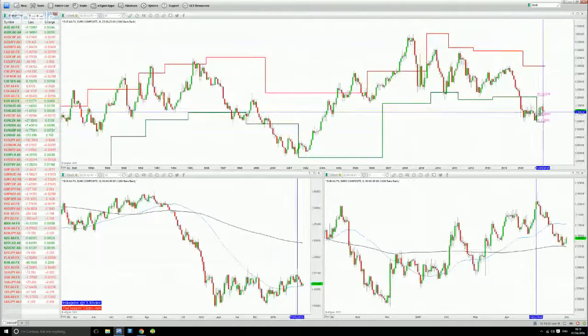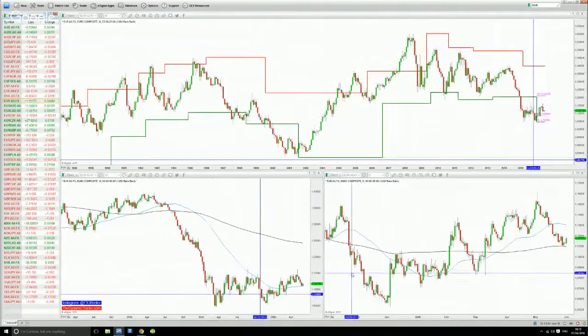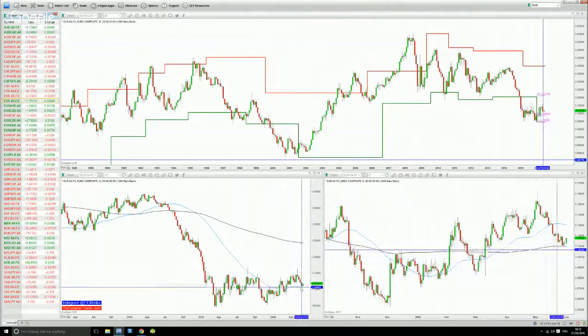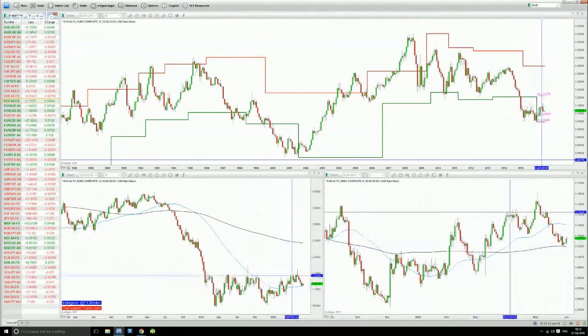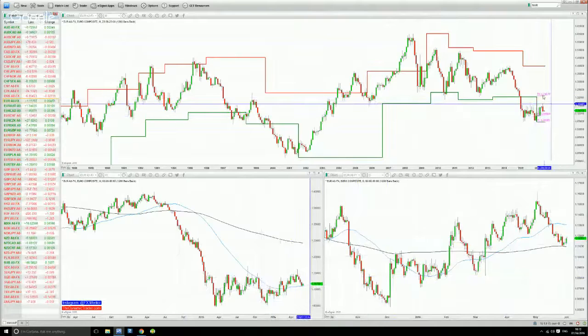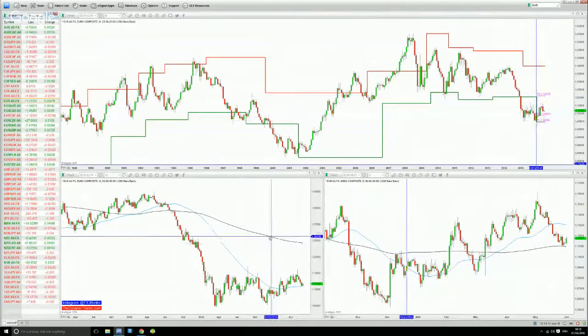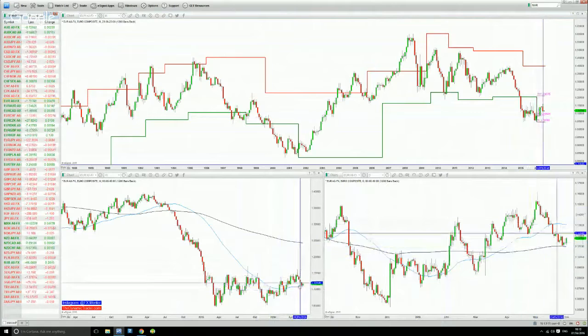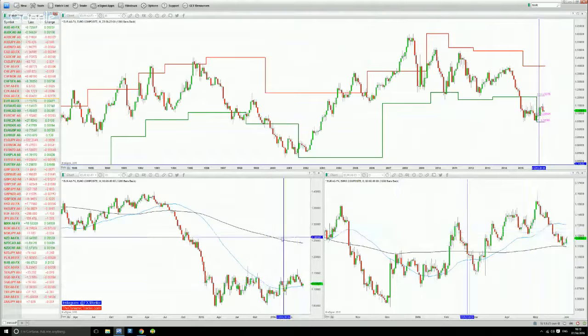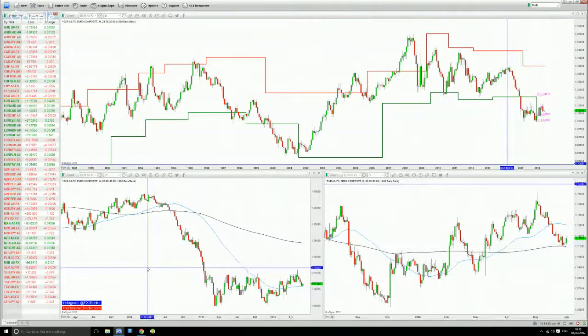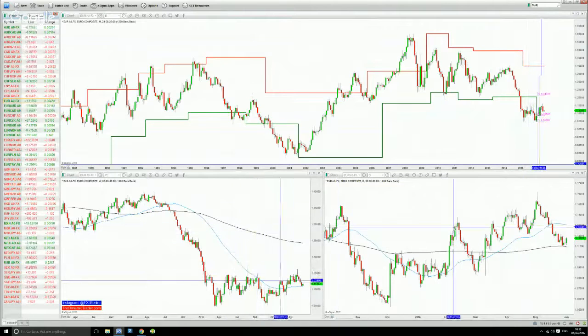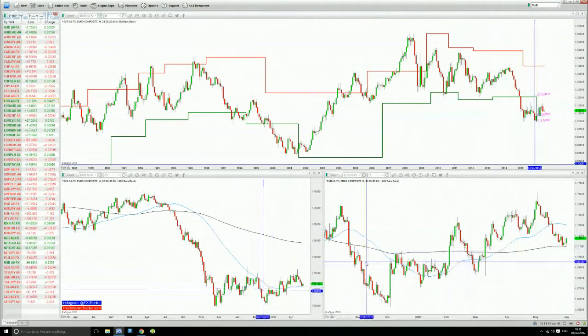Okay, so euro dollar, again, you can see it's still within the pink lines. It's come back to find support at the 50 moving average, support at the 200, below the weekly 200, below the weekly 50. So you can see that, again, there's no alignment. First of all, it's inside the pink lines. It's between the 200 and the 50 on the weekly, and it's between the 200 and the 50 on the daily. We want to see price either above both of these or below both of them, depending on which direction you're going in. So above both in a bull market, on the weekly and the daily. So we want to see alignment.